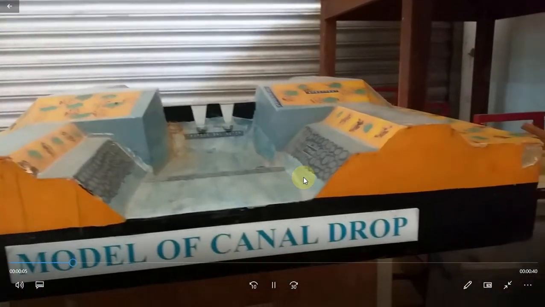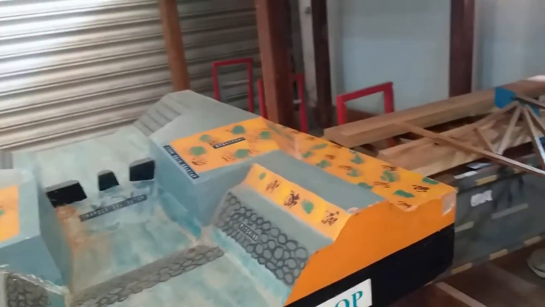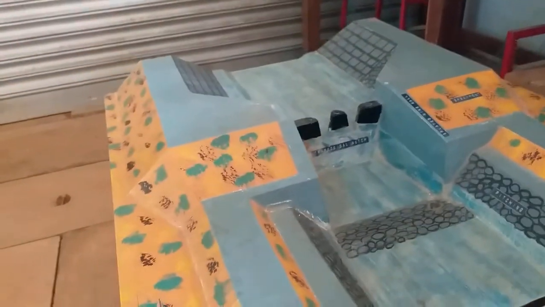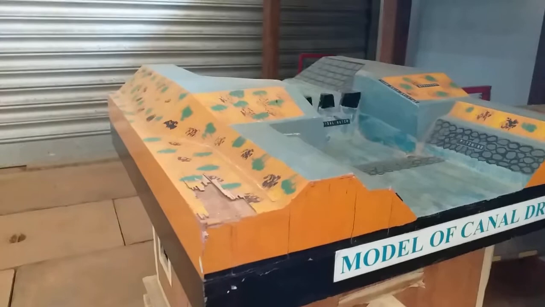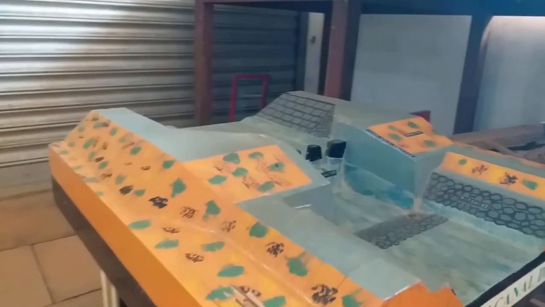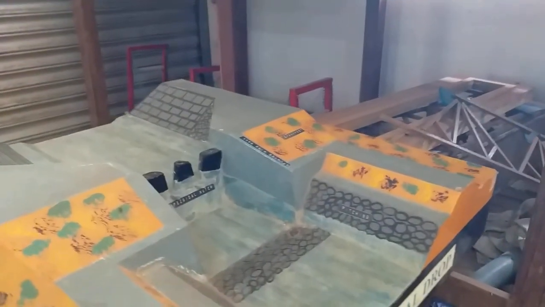Just see the components, how the front view looks like. The notch, canal banks on either side, pitching, revetment.